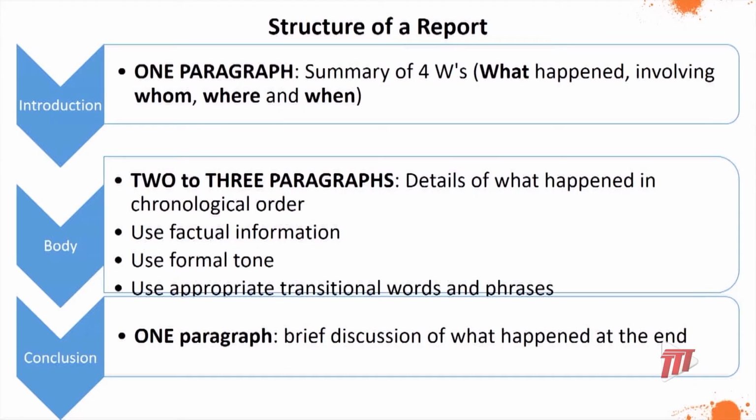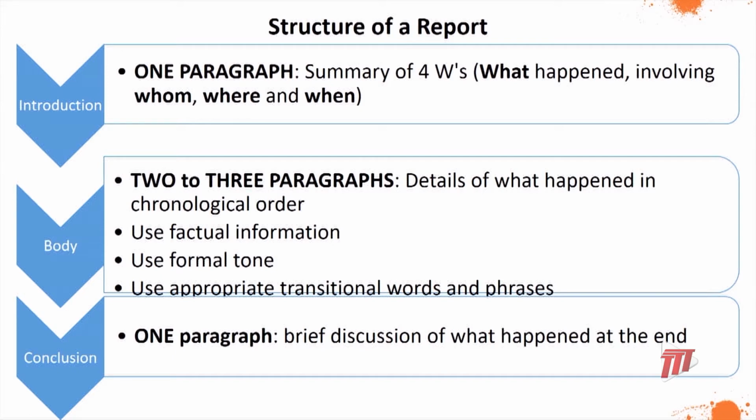The structure of a report. Any report has this basic structure: an introduction, the body, and the conclusion. In your introduction, you summarize the information that you are going to present in your report. What happened? Who did it involve? Whom, where, and when? The body of the report contains 2 to 3 paragraphs dealing with details of what happened